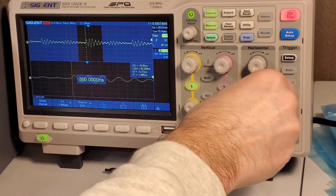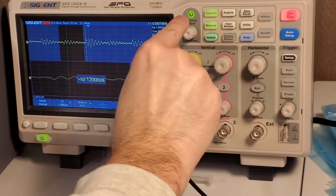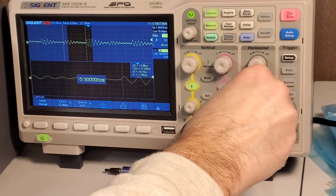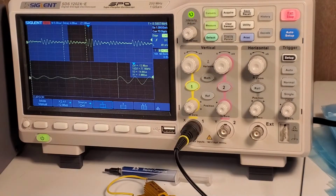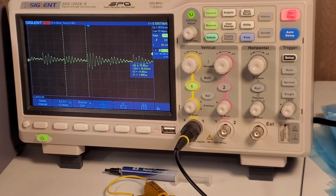Actually, I'm off on the first one, aren't I? How did that happen? Interesting. Oh, okay, there we go. Scroll back over here. Again, it doesn't have to be perfect. I probably don't even have to zoom in to see that. Oh, 77 kilohertz. So I would guess that probably is the actual switching frequency of the buck converter or whatever's